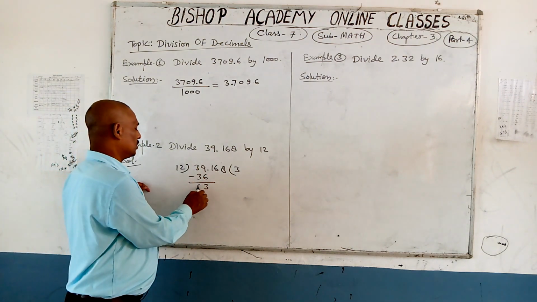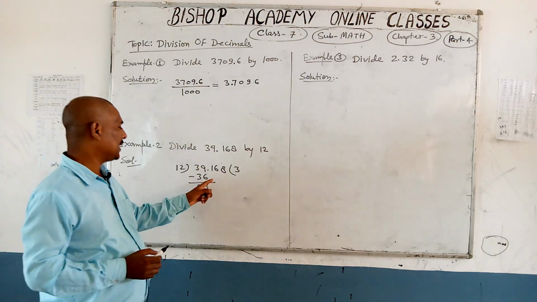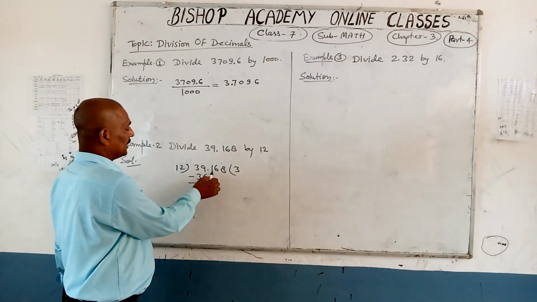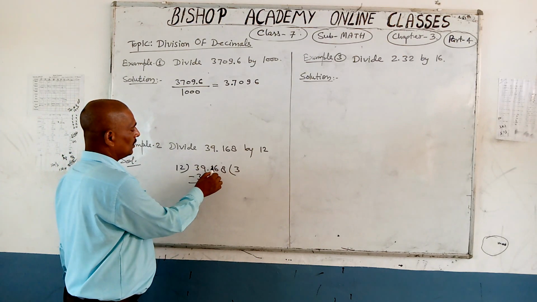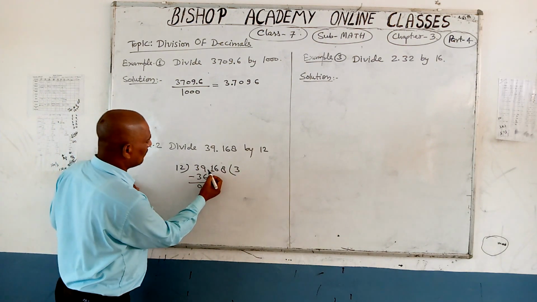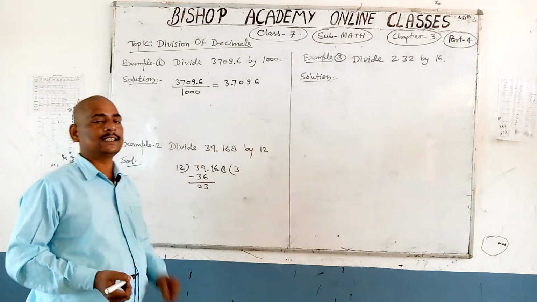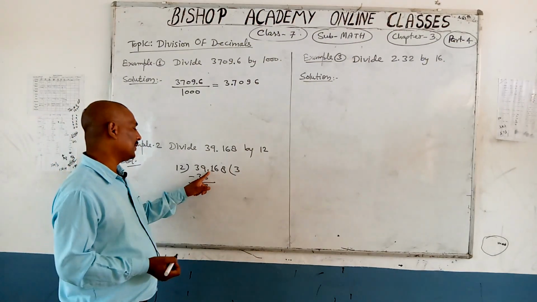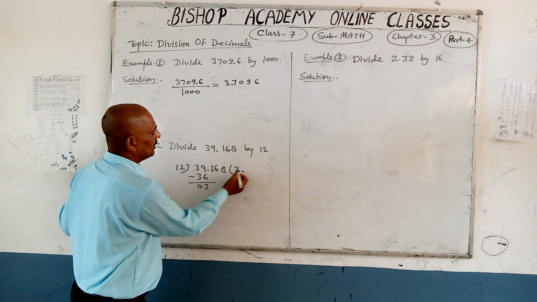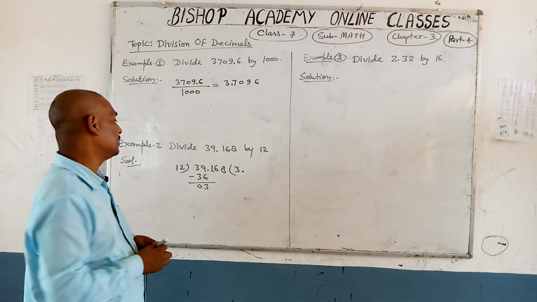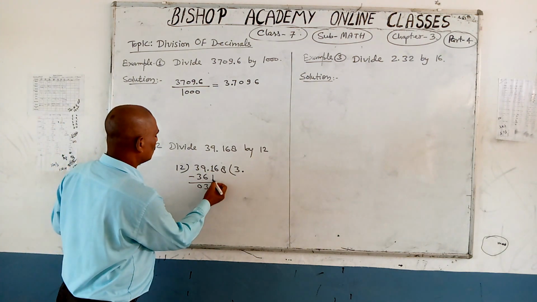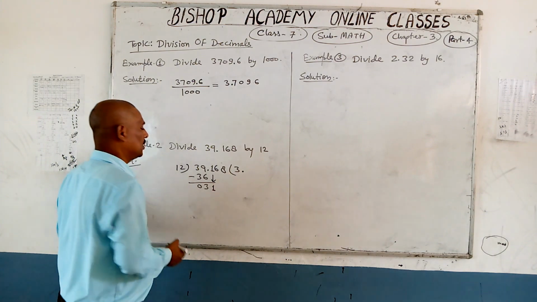3 minus 3, 0. Now you have to take down one digit, but before taking it down, you have to face this decimal. Only after facing this decimal can you take down any digit. So how do you face the decimal here? You have to shift this decimal. Here in the place of quotient, you will shift this decimal. And now take down the single digit 1 below.